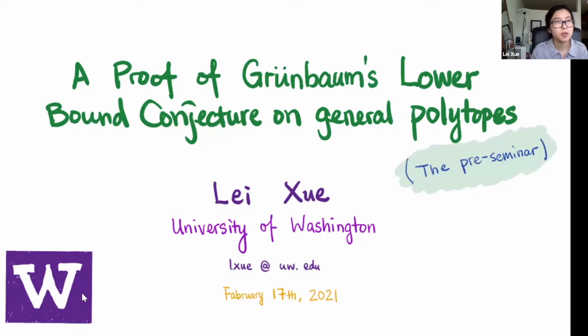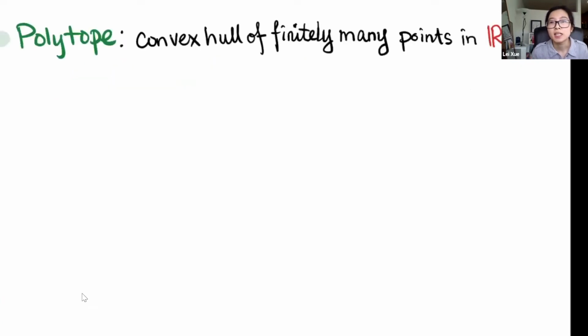For the pre-seminar, I'm just going to define the definitions at a relatively slow pace, define whatever I need for the main talk, and try to give you some structure or intuition behind them. Feel free to ask any question or just let me know if my screen gets frozen. Let's go. So the first part of the pre-seminar will be a crash course, Polytope 101, starting from the definition